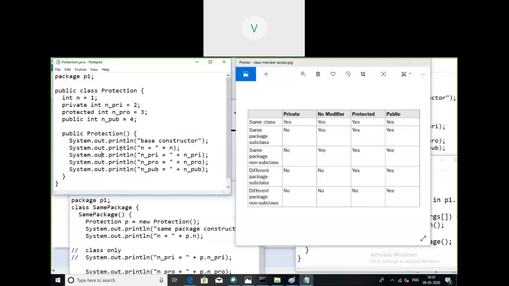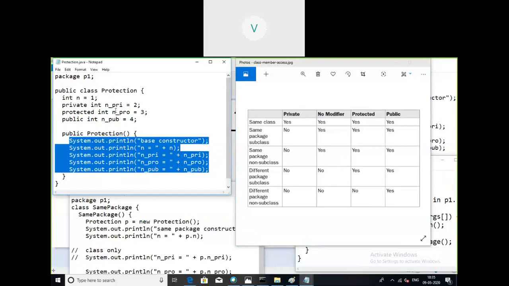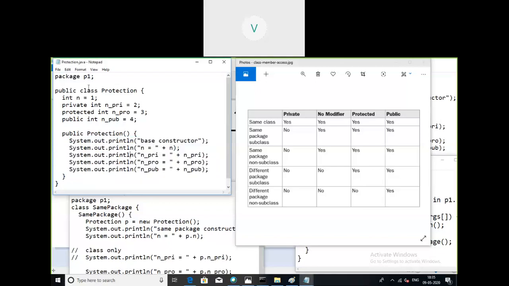While being in the same class and in the same package, we are able to access the default member, the private member, the protected member, and the public member. So all the members are accessible from the same class in the same package. So everything is yes, this should execute without any issues, right? That was the first case, P1.